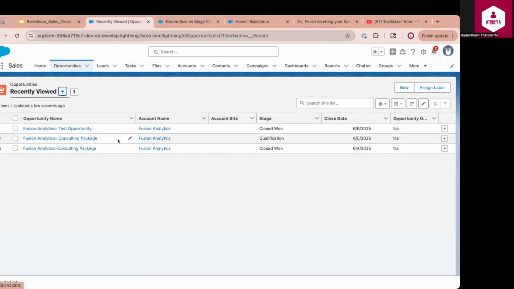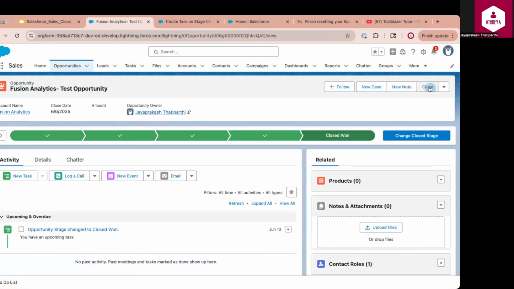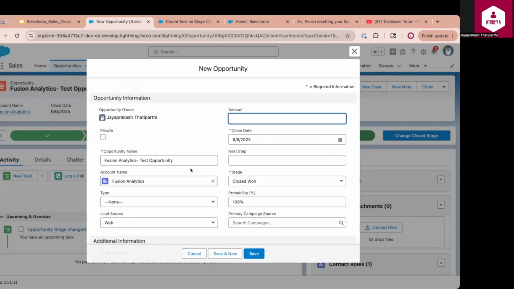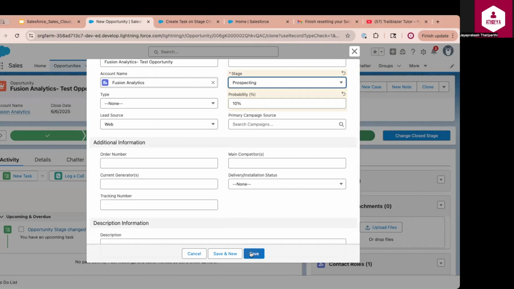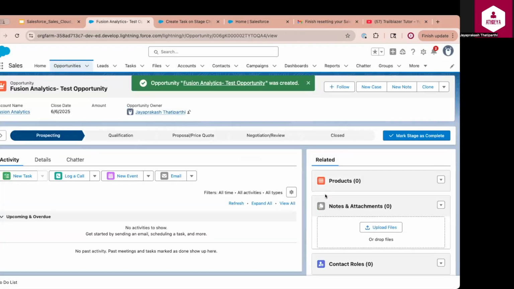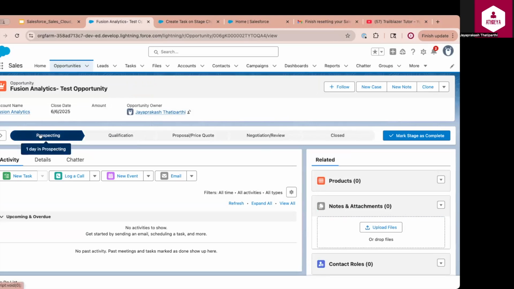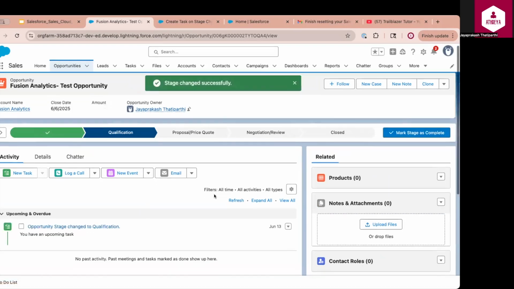So I'm going back to opportunities and I'm opening an opportunity. I'm cloning it so that I get a new opportunity, making it prospecting and saving it. Now I have a new opportunity. So I'm changing the stage from prospecting to qualification and clicking Mark as Current Stage. So once the stage is changed,